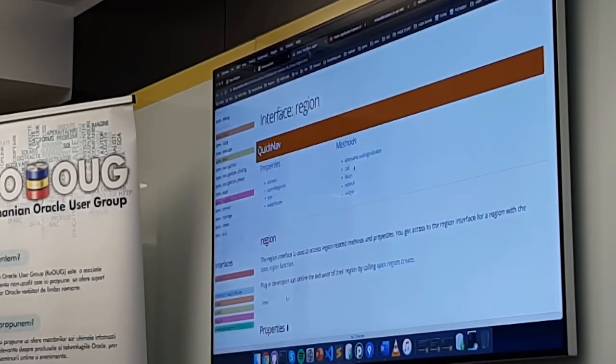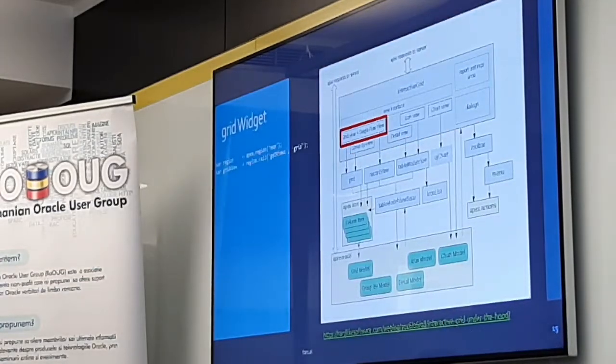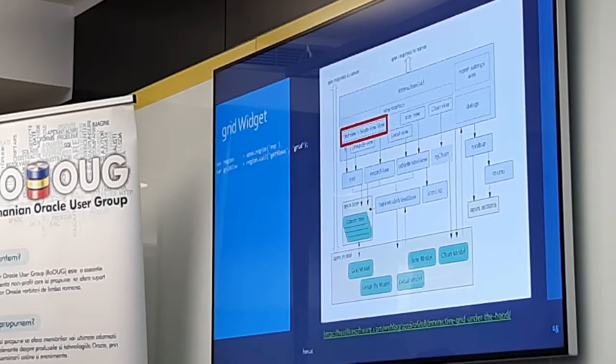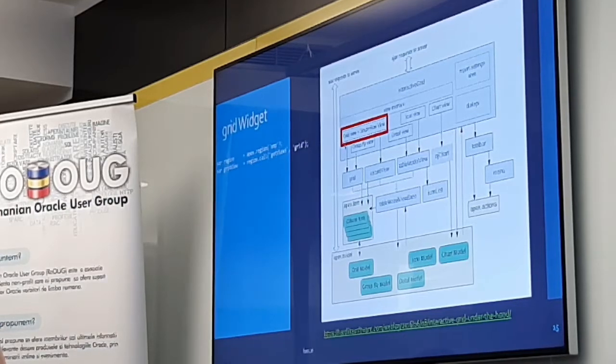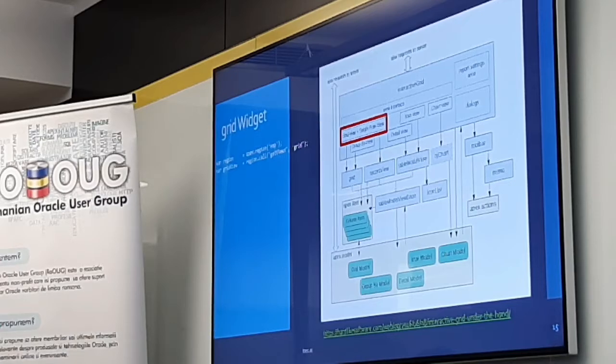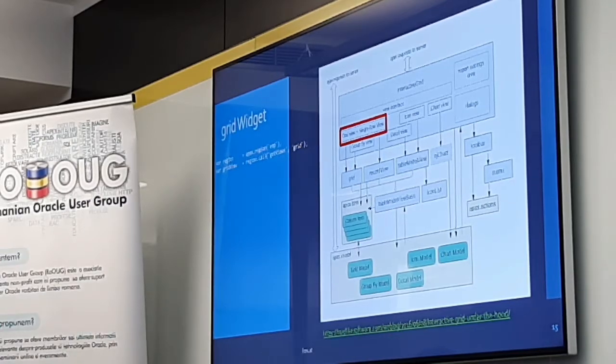So from here, we can use the call method. So we say region.call, get views, because the interactive view can have icon view, it can have detail view, it can have chart view. Usually when we think of the grid, we just think of that particular grid widget, which is under the grid view and single row view